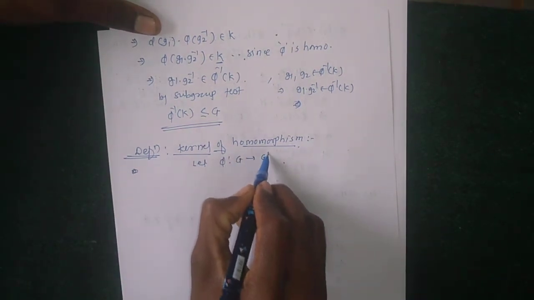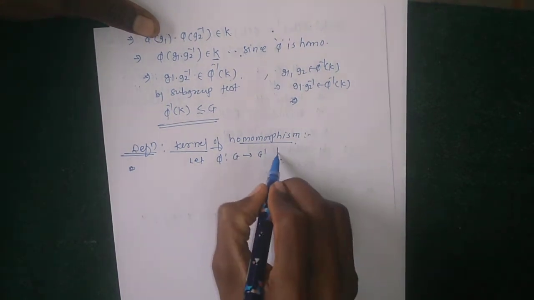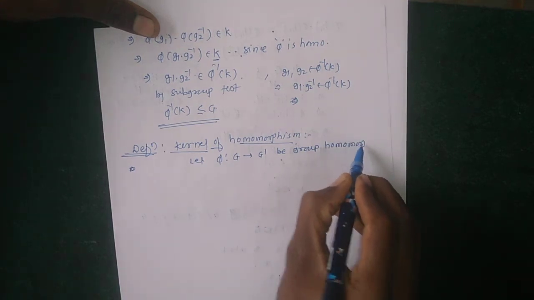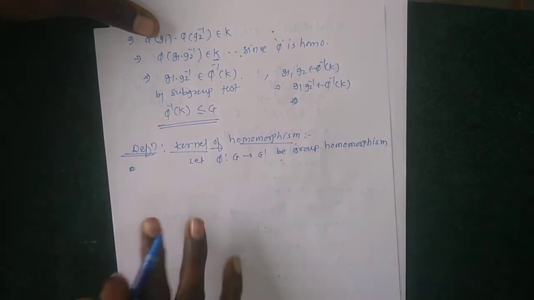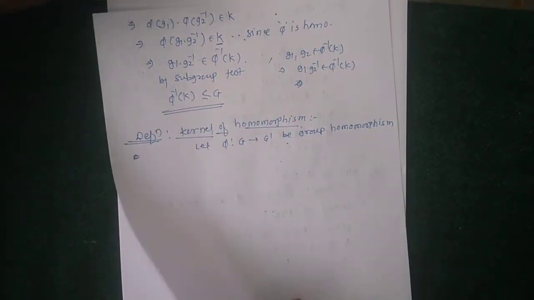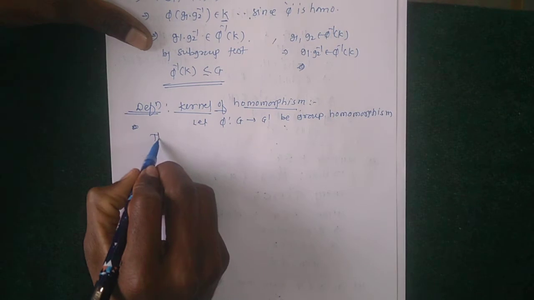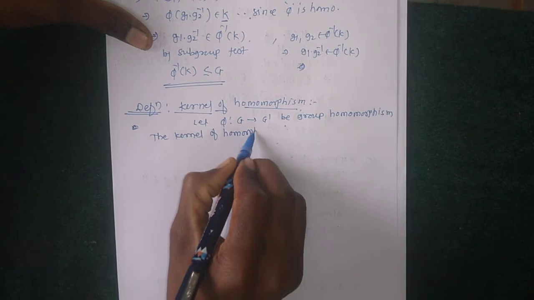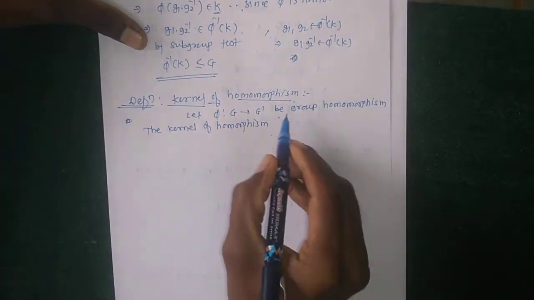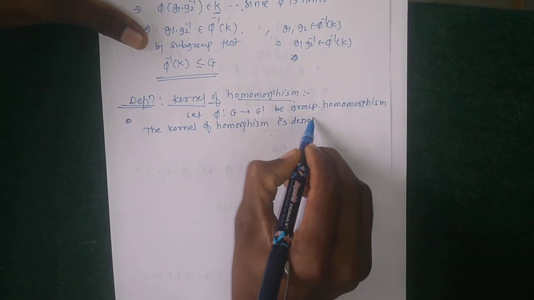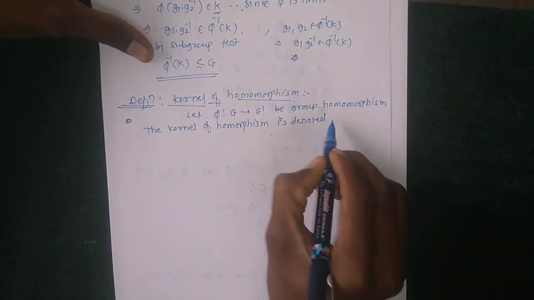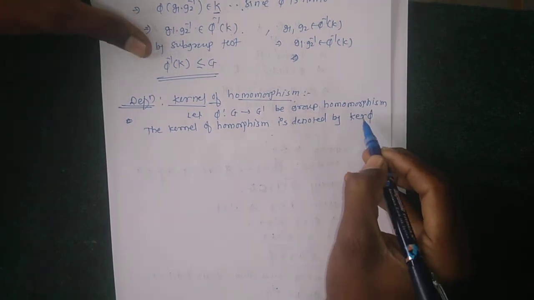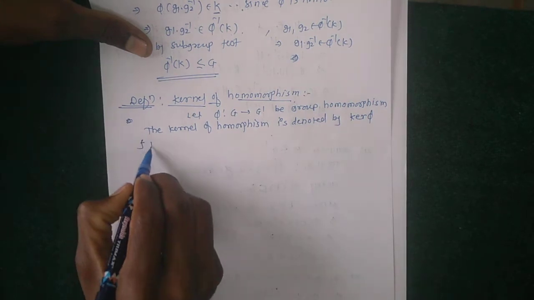Let phi from G to G dash be a group homomorphism. The kernel of the homomorphism is denoted by kernel phi and is given by